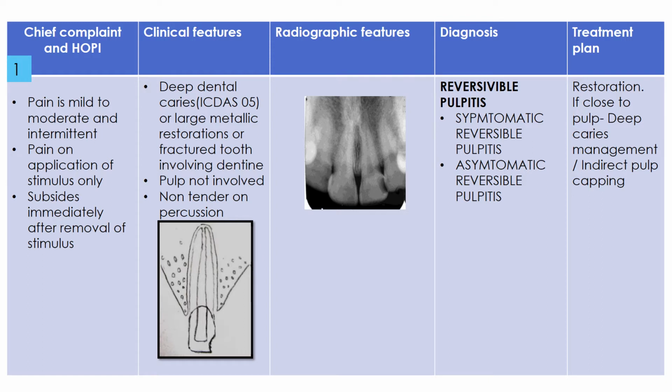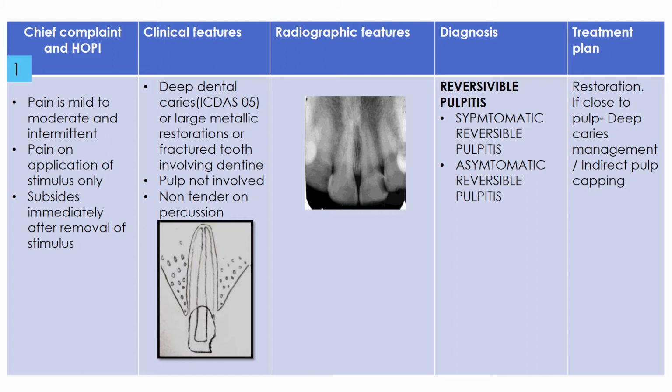Patient also complains of pain on application of stimulus only. That means, for example, the patient tells you that I have pain while eating something cold. For example, I have pain when I'm having cold drinks or ice cream. And the pain subsides immediately after removal of stimulus. So this gives you a very clear idea that perhaps only the dentine is involved and pulp per se is not yet involved. The clinical feature is generally a deep caries with a score of ICDAS 5